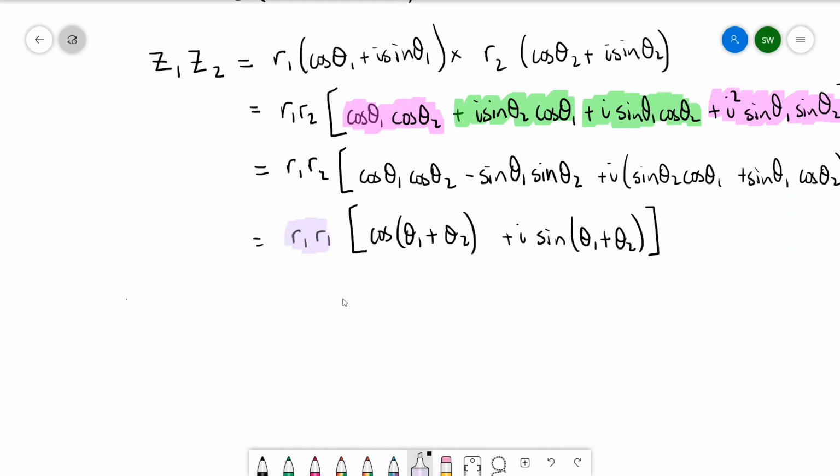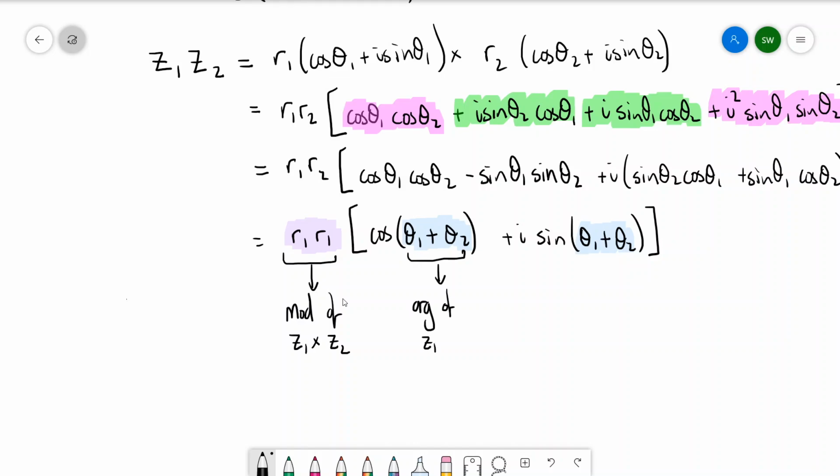You can see that this is the modulus, the part outside the bracket of the complex number, and this part here inside the brackets of sine and cos is the argument. So this thing here is the modulus of z1 times z2, and this here inside the bracket is the argument